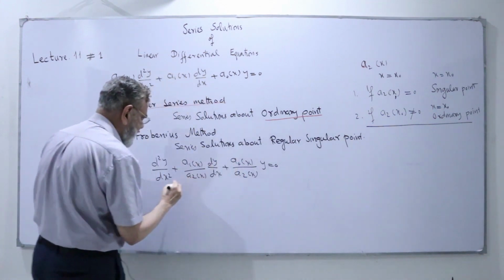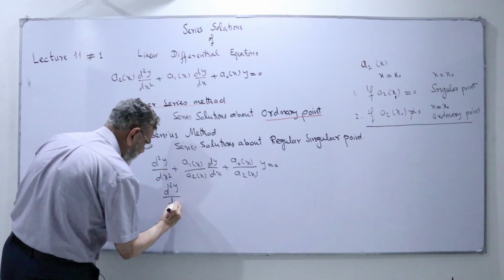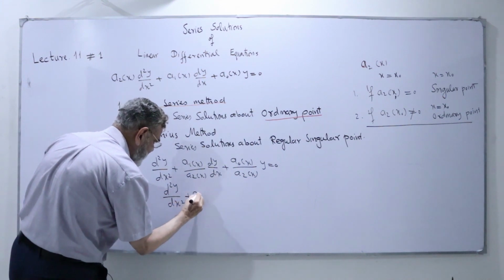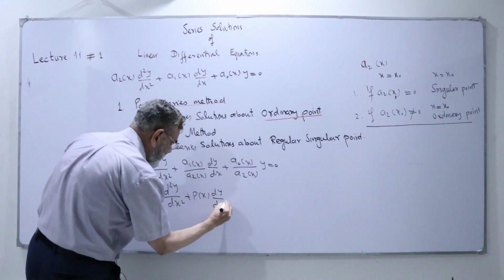We just rewrite them: d2y/dx squared plus p(x) dy/dx plus q(x)